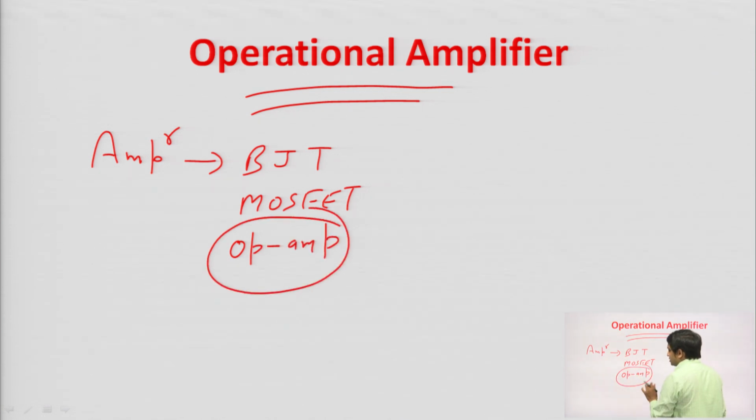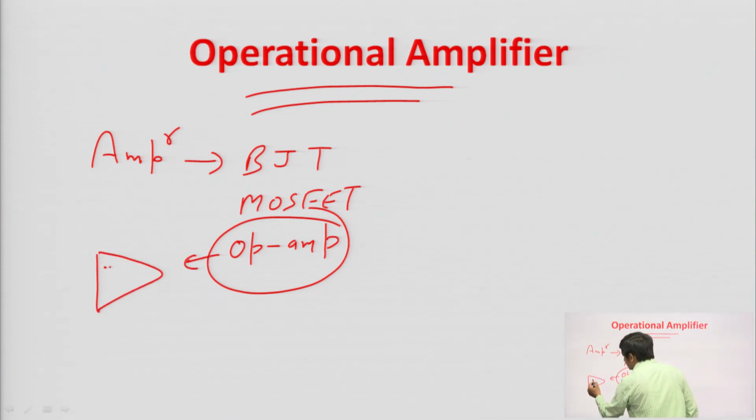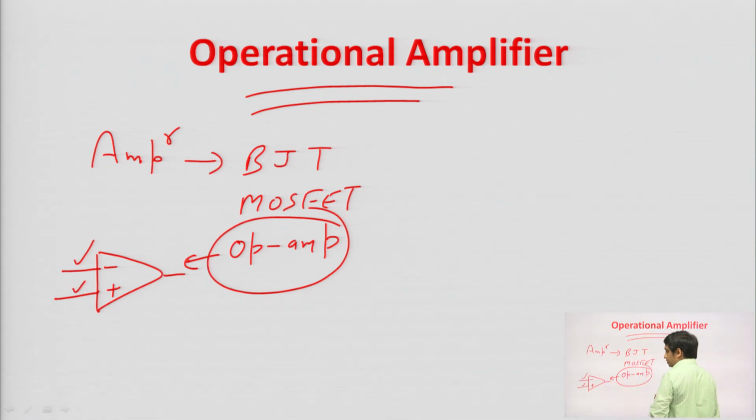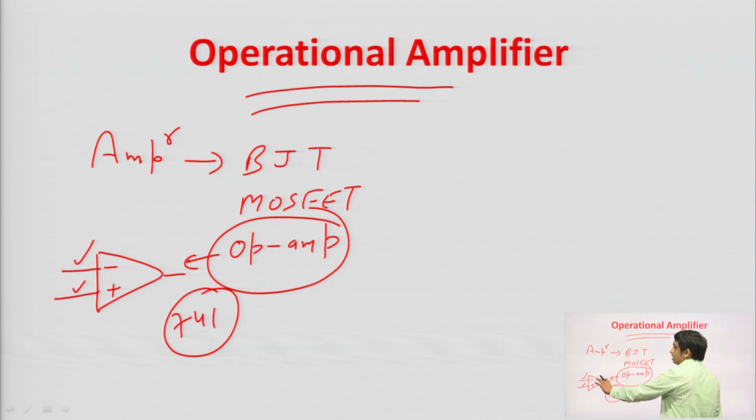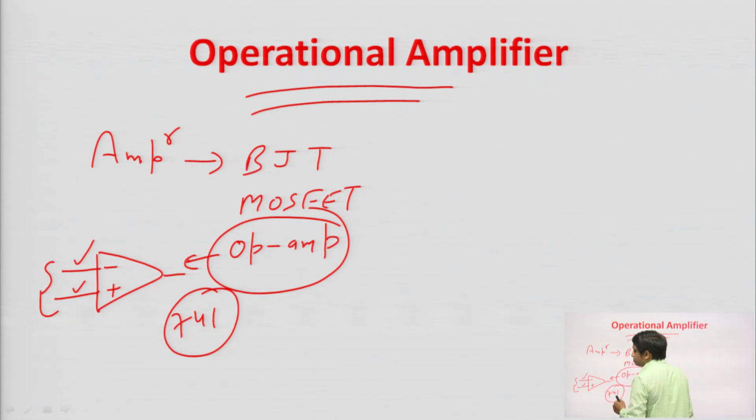So, we just know the basics of op amp at this moment, in detail you will study in further classes, right. This operational amplifier has two input terminals, one is your inverting input, another one is non inverting. This negative input is your inverting and the positive input is non inverting, and it has single ended output. There is an op amp IC available in the market, that is your 741 IC, right. Basically this operational amplifier is a difference amplifier which amplifies the difference between these two input signals.